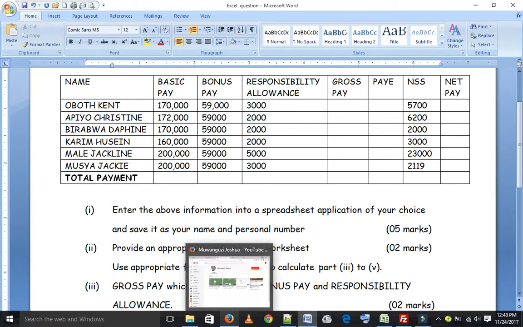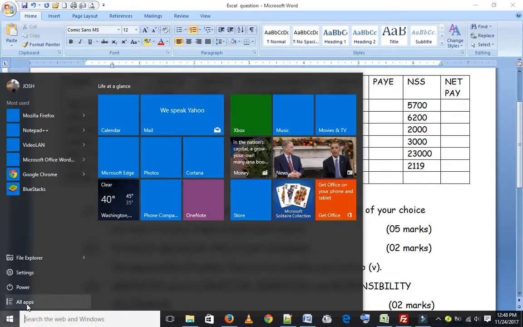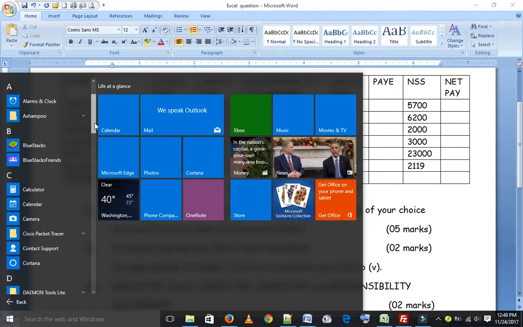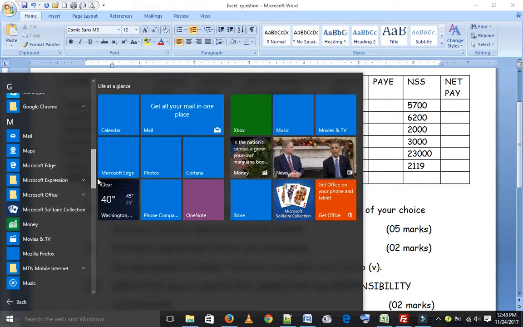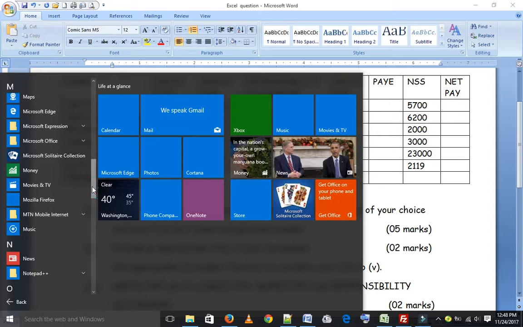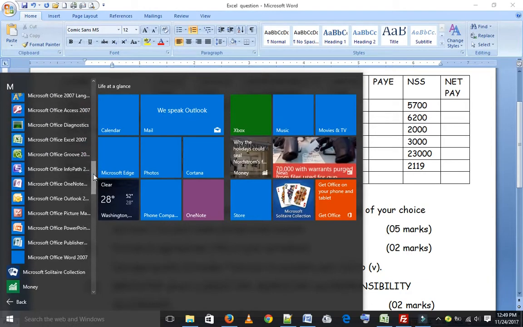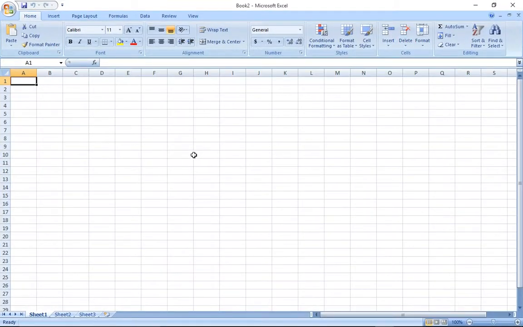So let me show you how to start it. Of course, from start, click your start button, click all programs. Mine is showing all apps, but same thing, because I'm using Windows 10. Others might be using a different operating system like Windows 7 and Windows XP. They show all programs. So you click Microsoft Office and you choose Microsoft Office Excel right here. So after it loads, you start typing in